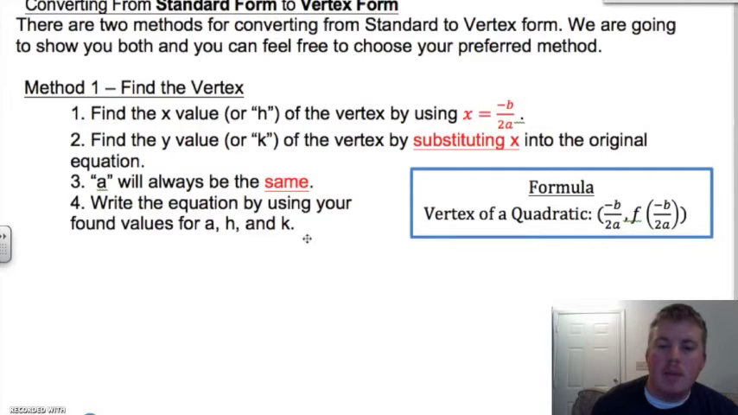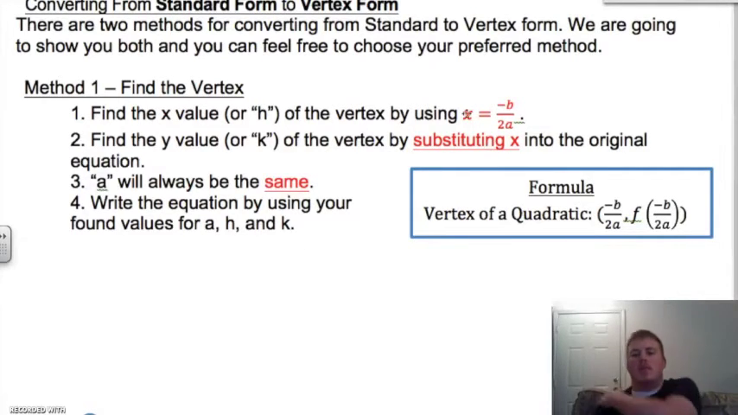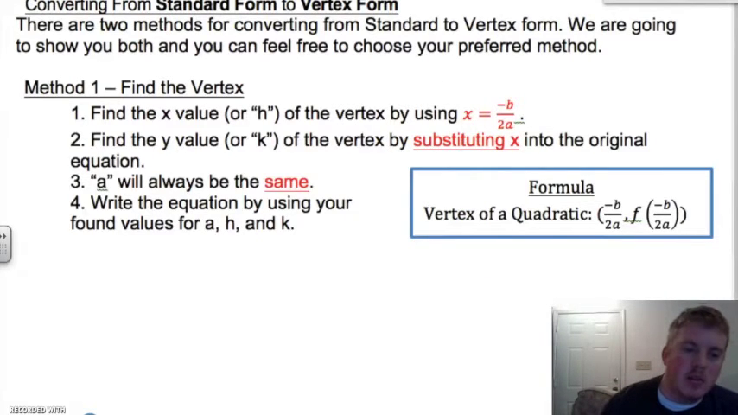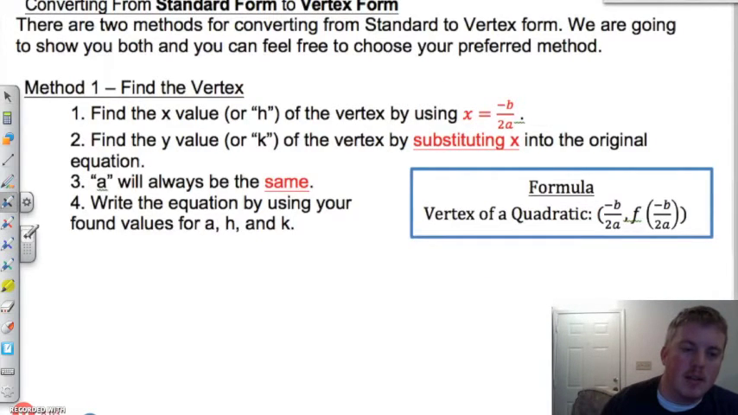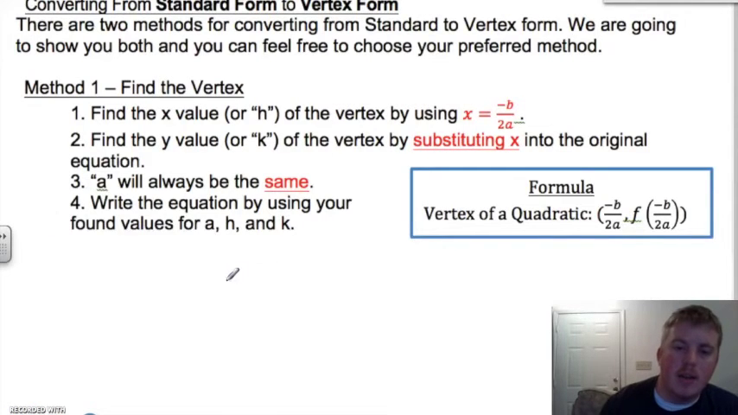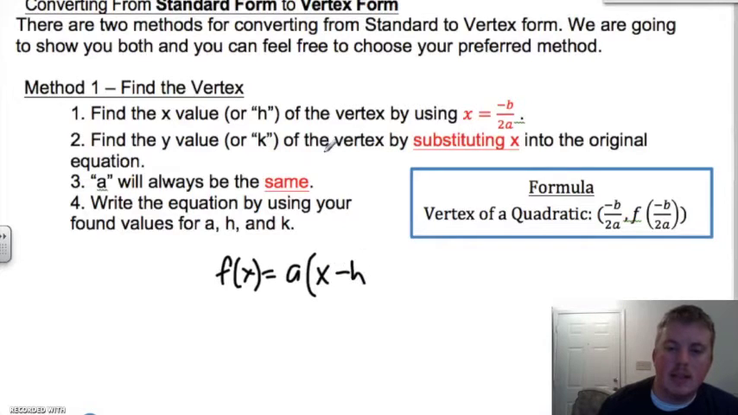And our a will always be the same. So we're going to then write an equation by using your values for a, which will be the same as your standard form a. You're going to have the h, which is negative b over 2a, and you're going to have k, which is what you get when you substitute x back in. So just a quick recap, if we are looking at vertex form, this would be f of x is equal to a, that's the a we're talking about, times x minus h, which is the negative b over 2a,